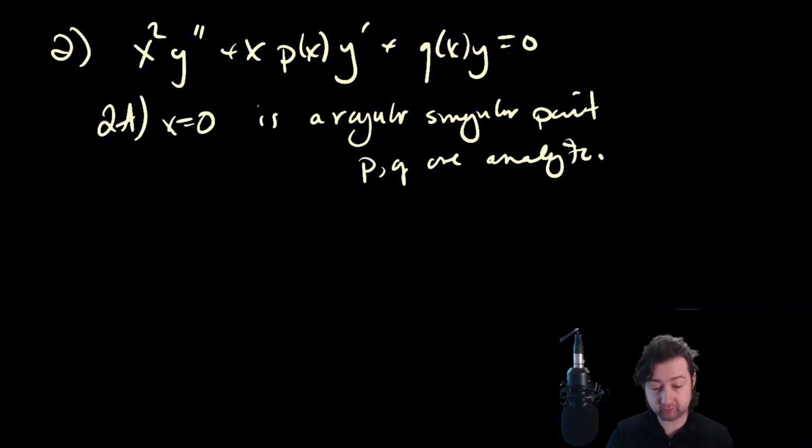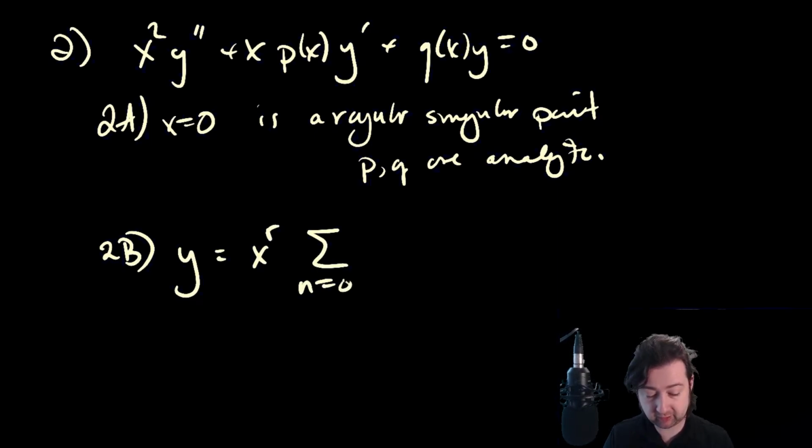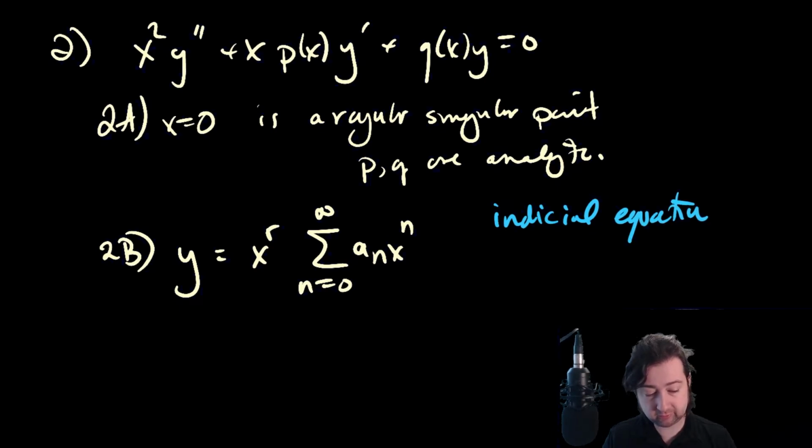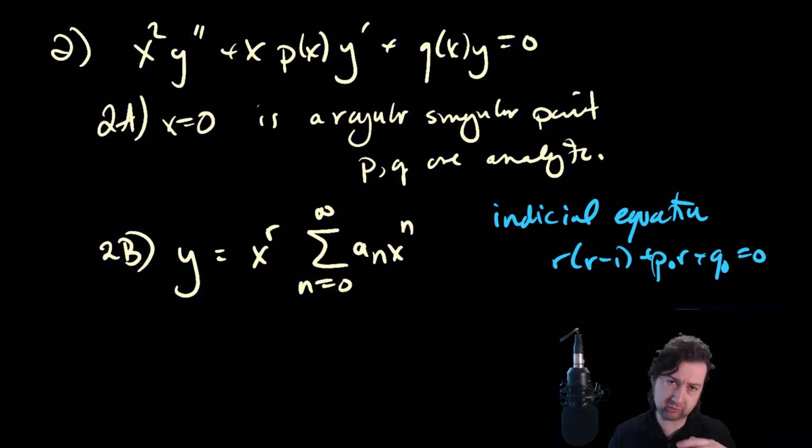Now we came up with a method of solution. We assumed that we don't have a power series, but we have a Frobenius series solution instead. So we assume that y = x^r times the sum from n = 0 to infinity of a_n x^n. Of course, the existence of solutions and second solutions depends on the values of r. So off to the side, we did some work on the indicial equation. And then r, which are the roots of that equation, determine what the form of the solutions is. In practice, what that means is that we know what the solutions of the differential equation are going to look like. So with this, which was called Frobenius theory, so this was a Frobenius series,